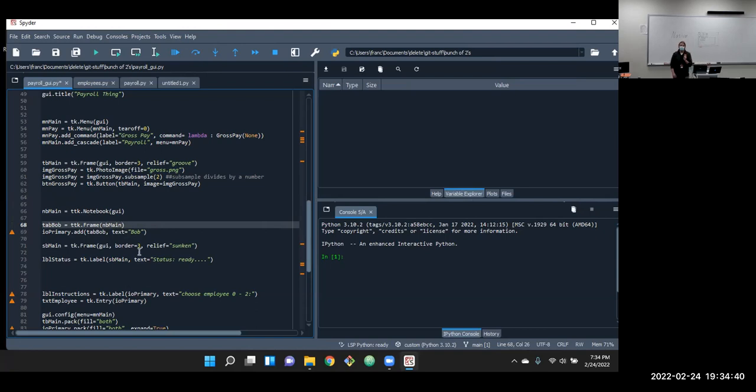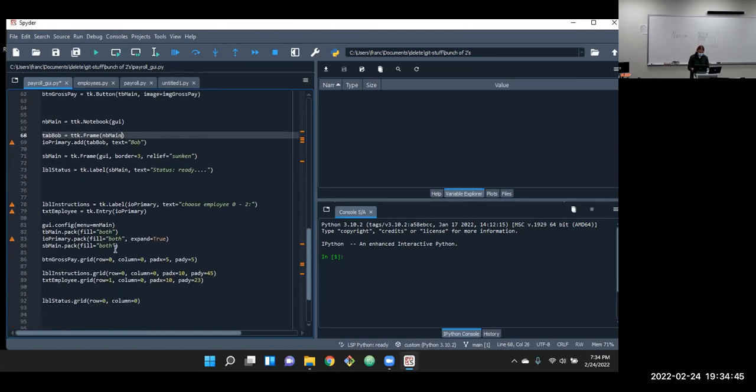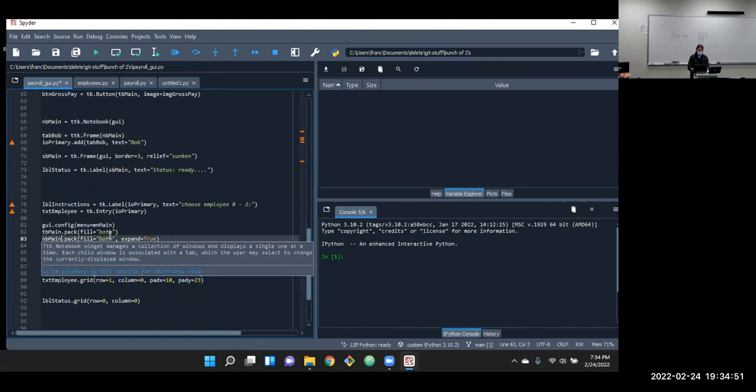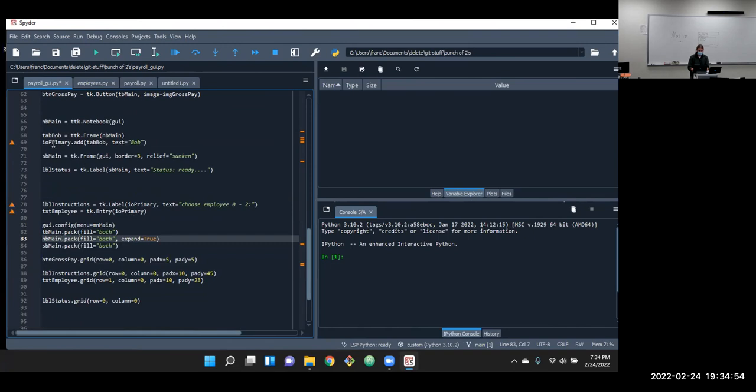Now that we know what the primary input output is going to be, a notebook full of tabs, when we pack that, we need to pack in that main. Sorry, I changed my mind there at the last second. It's a notebook, and primary input output is a generic term. So now that I know specifically what it is, I'm going to give it a useful name.